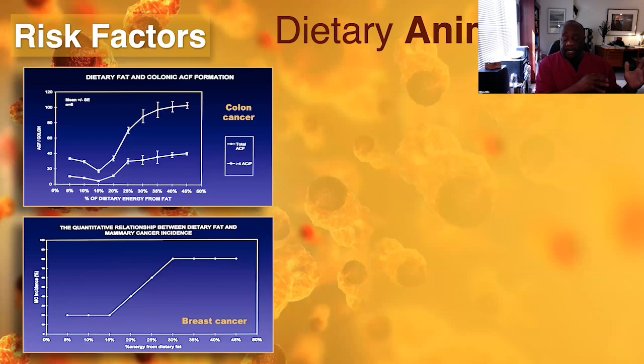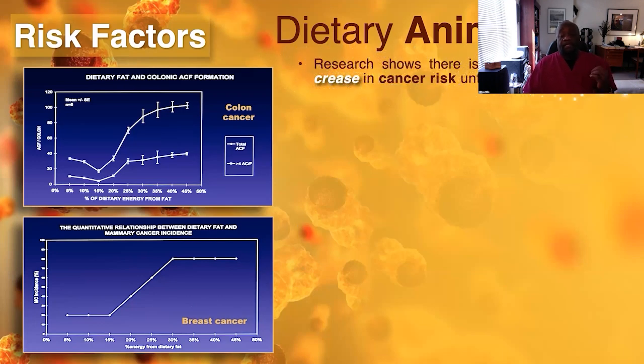And what I need you to notice on both of these graphs, so the top one looks at colon cancer as a function of fat intake, the bottom looks at breast cancer, is that if you are consuming at least 30% of your dietary calories as fat, at that point, it doesn't matter whether you're eating 30% fat, 40%, 50%, or higher. You have already plateaued in terms of your risk. So to significantly reduce risk related to dietary fat, you have to decrease your fat intake to 25% or less of calories, and then you get a distinct decrease in the risk associated with dietary fat.